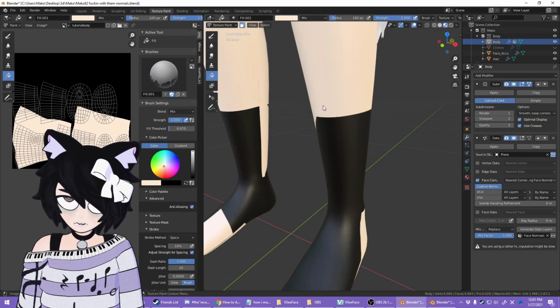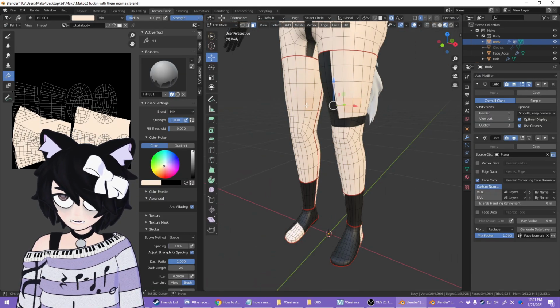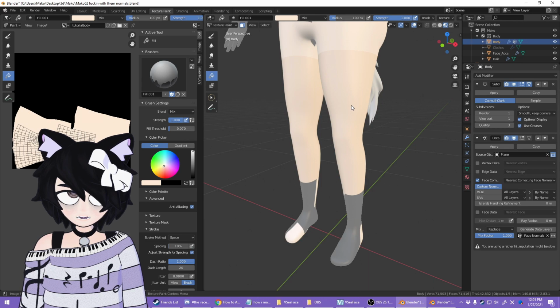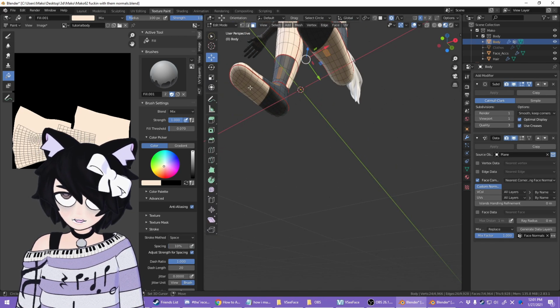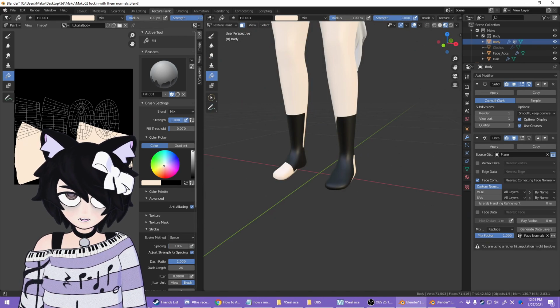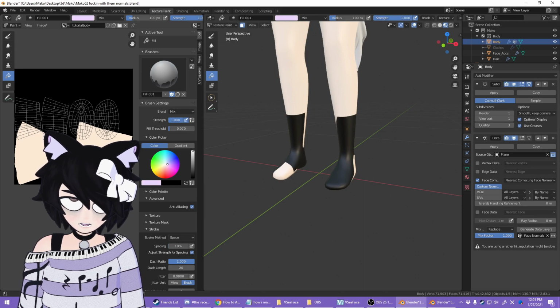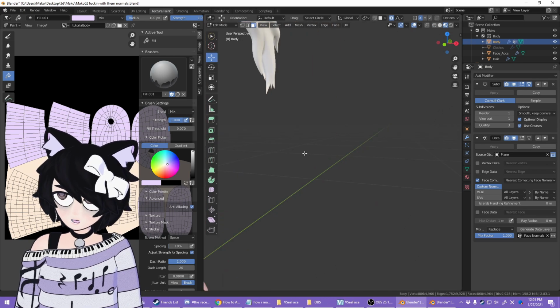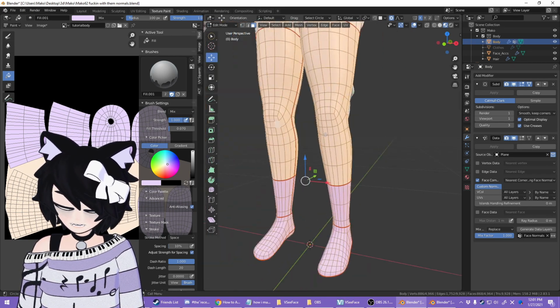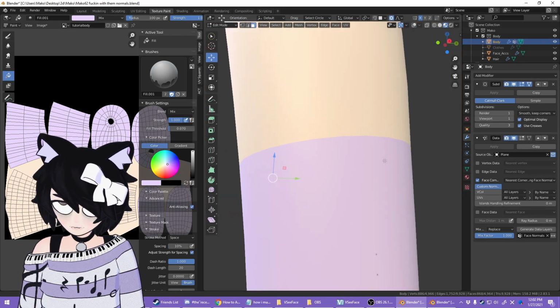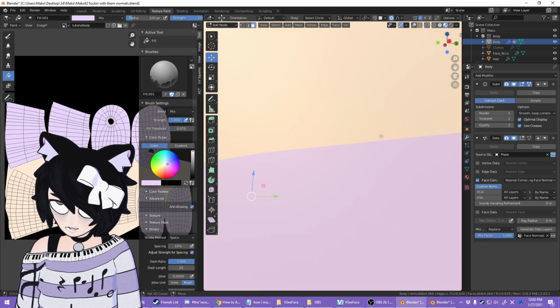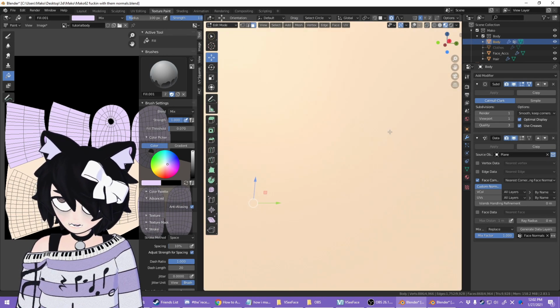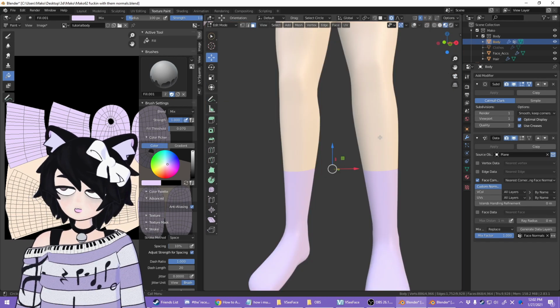Now you can go on to texture paint. Quickly redo what I just did for the thighs. Go down, select all of the sock areas. Get a nice solid white, maybe a little bit of purple there or whatever. Click on that. Bam. And you'll see that we have this perfect seam right here. There are no jaggedy pixels right here. I can zoom in as much as I want. It's like a vector. Perfectly smooth line.